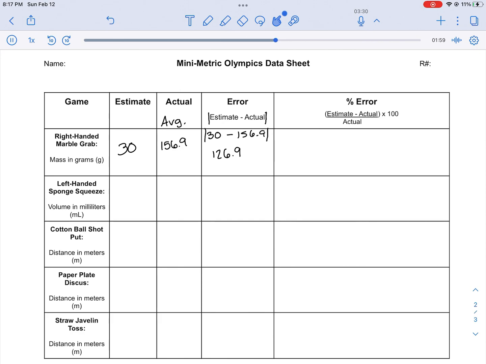To get my percent error, I'm going to take the estimate minus the actual, which is just our error, right? So we could write error. So my error, 126.9, and I'm going to divide that by my actual. So go back, our actual, our average, 156.9. And notice our parentheses, so we know that we have to do this before we do anything else. After I get that answer, I'm going to multiply that by 100 to get my percentage. So I'm going to do that math, and that gives me